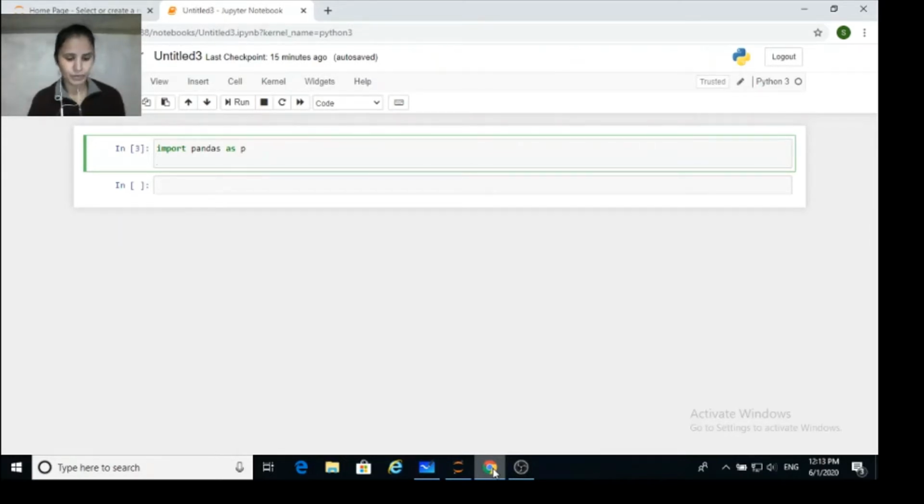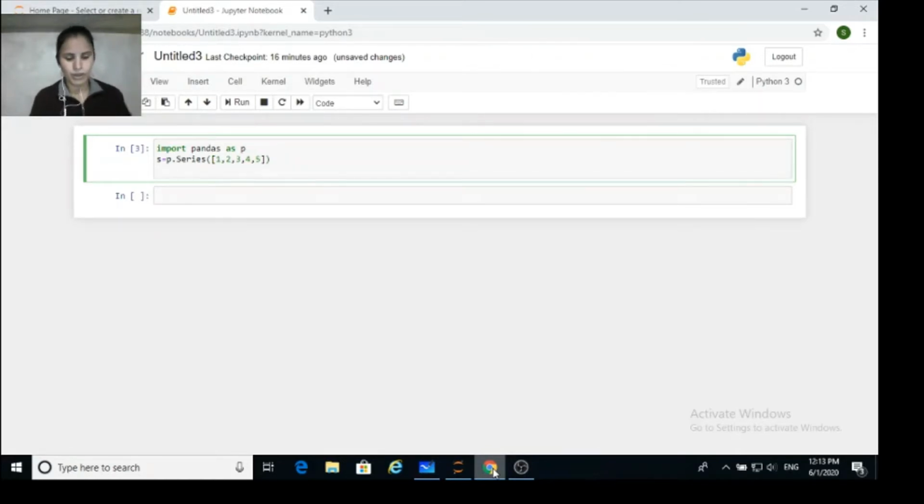Fine. So in your next line I am going to create a series with name s, and here I am giving some values. Let's say 1, 2, 3, 4, 5. Fine. These are the 5 elements, and by default the indexes will be 0, 1, 2, 3 and 4. Now what am I going to do? I am going to print the series s